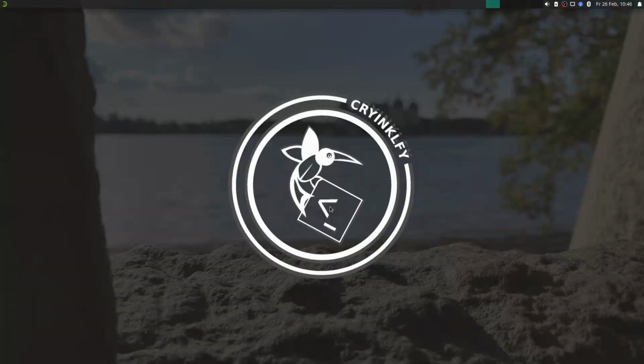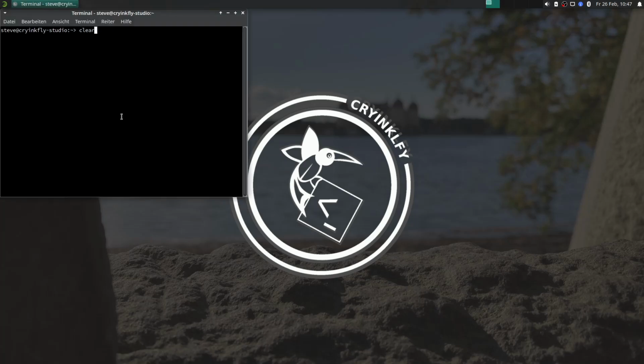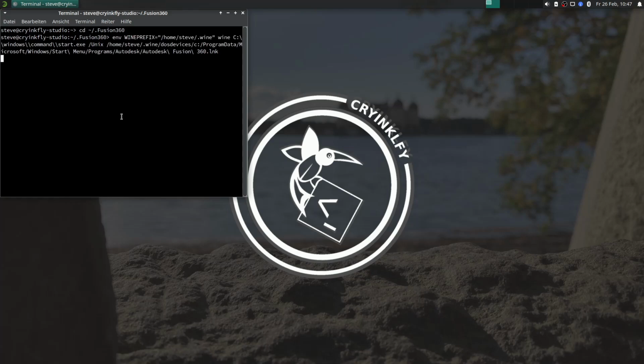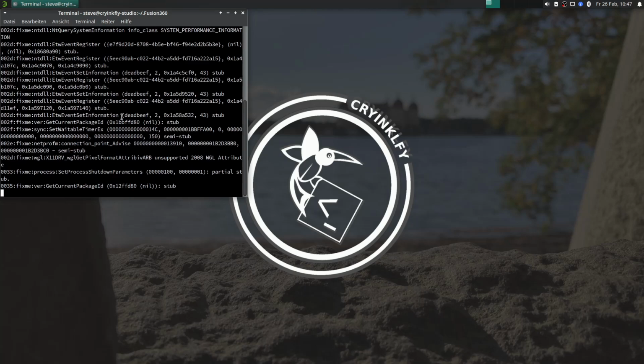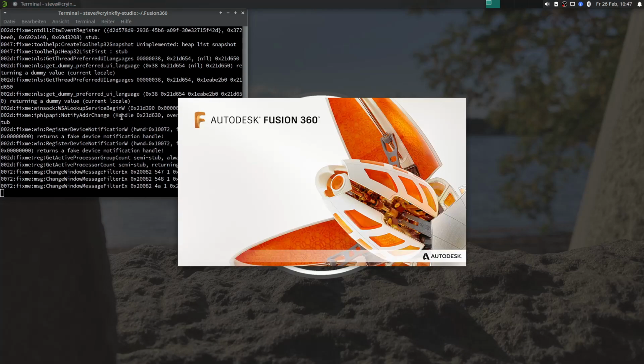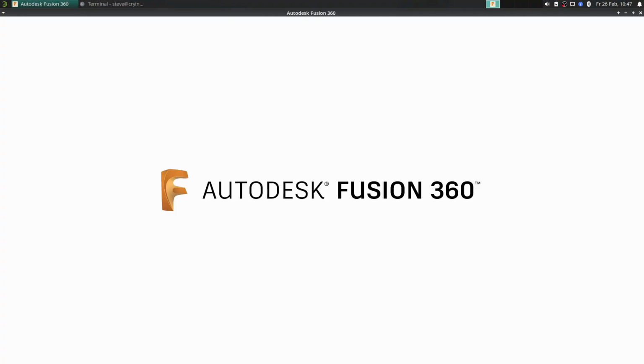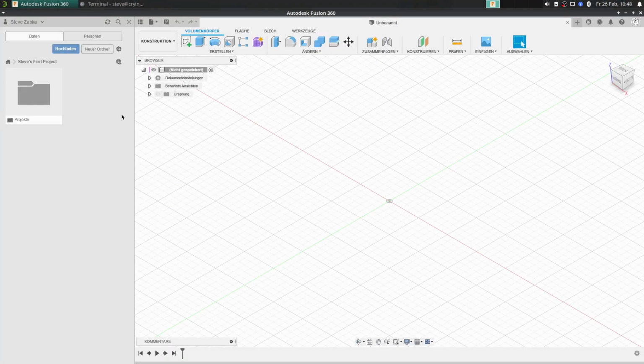So now we open the terminal, switch to my Fusion 360 folder, and start the program Fusion 360. So here I make a little cut and then we continue with our project. So here we are,